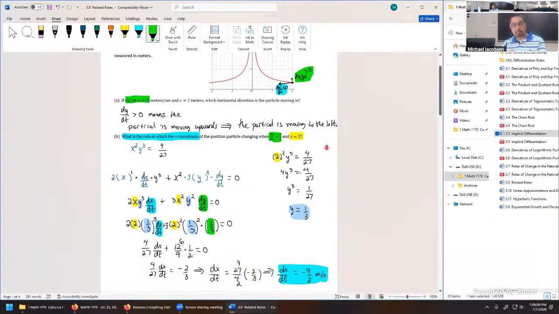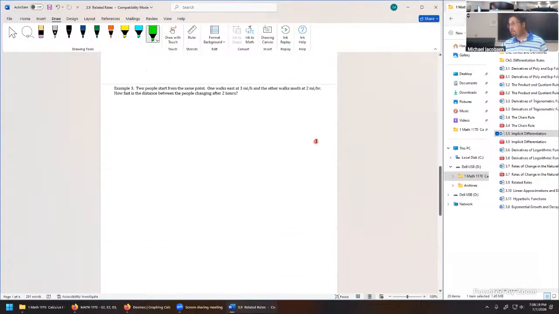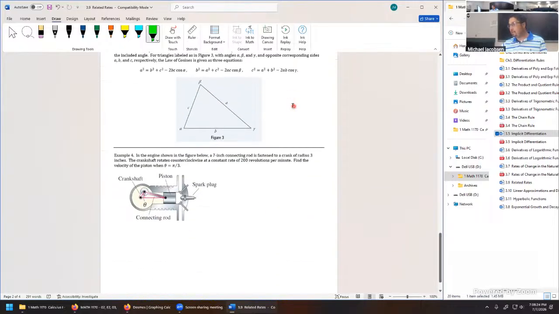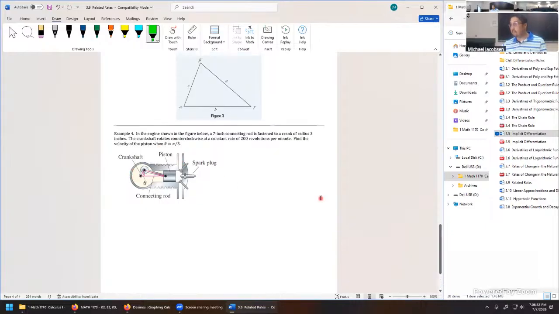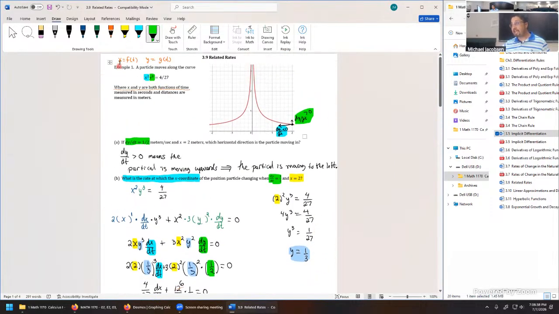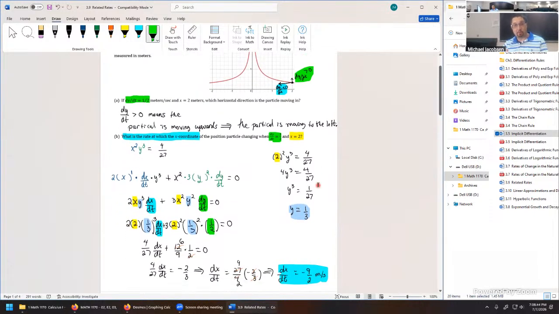Well, this is really the major punchline with what goes on with related rates. We're going to look at other scenarios, one with something common in physics, Boyle's law, something more about geometry, people moving around a starting position, and something really practical, mechanical engineering. How fast is a rod on a crankshaft moving for this basic engine here? All these are related rates where there's more than one function dictating multiple variables all at the same time. So this is a theme that we're going to see in more and more questions as we solve this in our next lecture. But this looks like a good stopping point for us today.